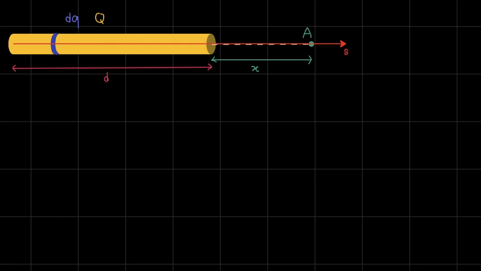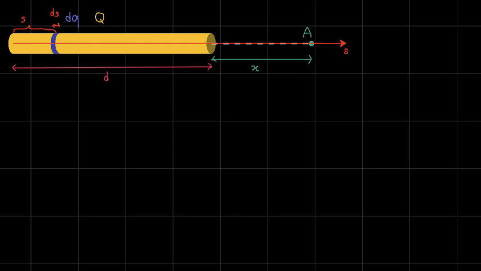Instead of x, which is the usually used variable for the horizontal position, we are using variable s. So this particle dq is at a position s from the origin. The origin is the leftmost end of the rod, and it has width equal to ds,